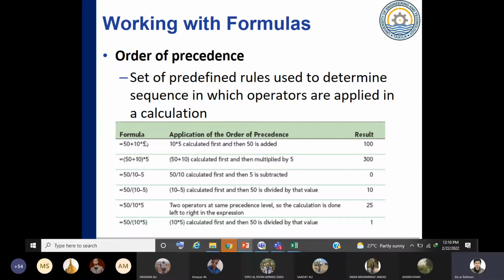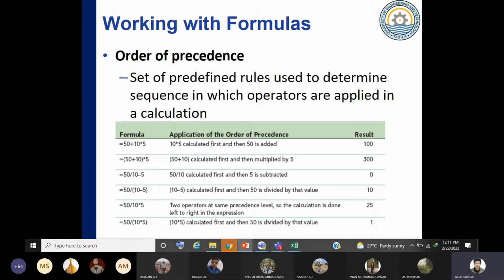So how would Excel compute? Excel would first do 10 into 5, which is 50, and then add this 50 to the other 50, making it 100. Now you should know that Excel would do it like that.